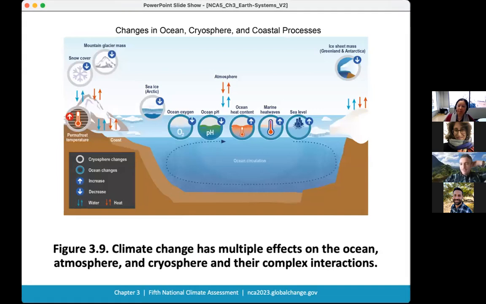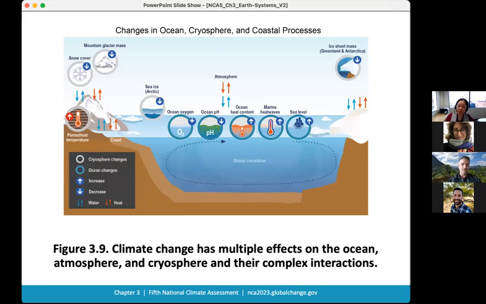And so, in keeping with what is the evidence base for the types of changes we're seeing? This is showing the ocean, cryosphere, and coastal processes responses to a warming planet. As the planet warms, you have all these different consequences for things like snow cover, ice melt, ice sheet changes, and also changes in the ocean, both biological, physical, and chemical. All these things then have different effects on the planet and on things that matter to us humans.